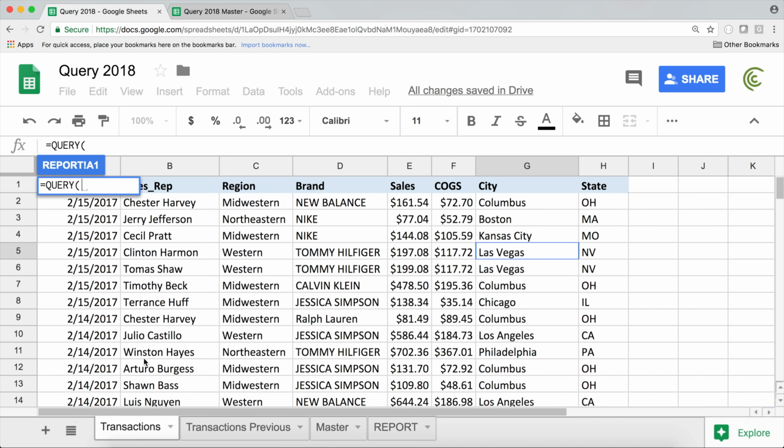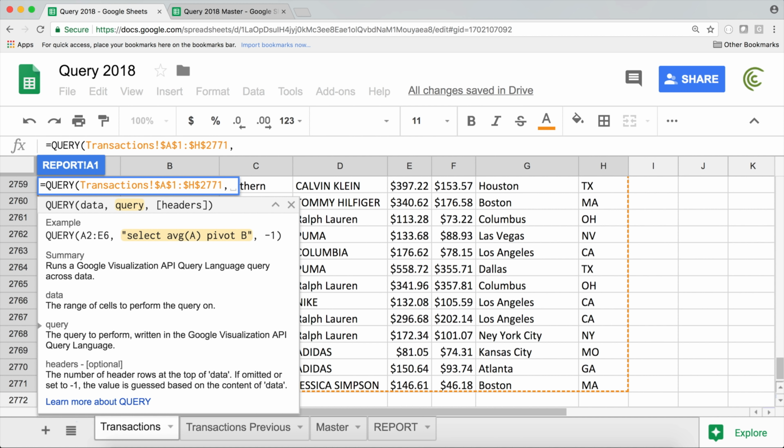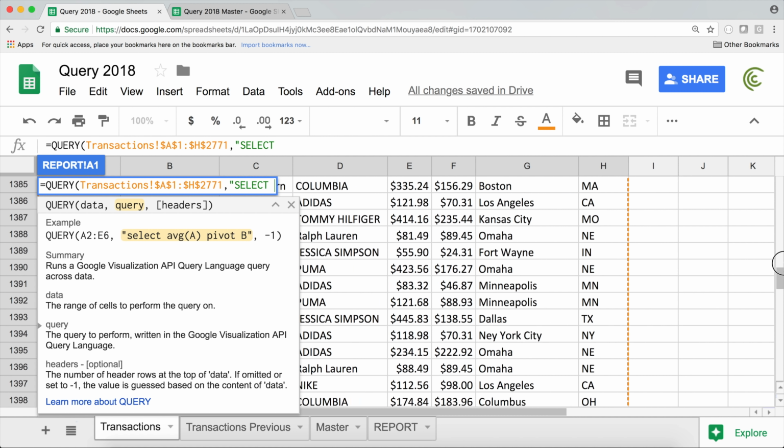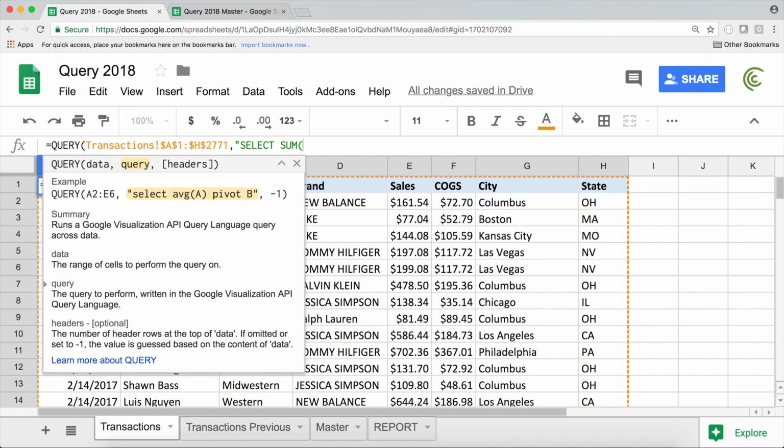So I'm going to go under transactions, and I'm going to go from this one, or you could just start from this corner, which is probably easier. Control Shift left and down, F4 to lock it, comma. Now we need to write our select statement. I'm going to do a quick group by. So I'm going to say select. What I want to sum up is F, our sales. No, it's cost of goods, E. So I'm going to sum E, and I'm going to group by